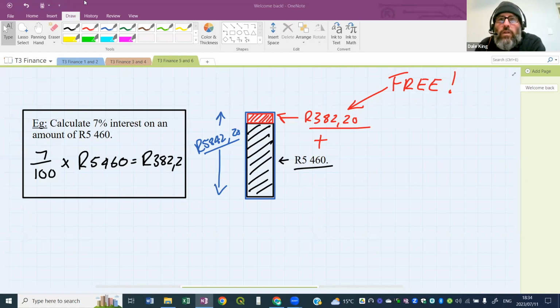Thank you, Tando. Is there anyone else that wants to talk about this free money? What do you think about it? Why don't we do this more often? Tando's given us a reason. He says, sir, we have needs. That 5,460 Rand needs to be used somewhere on the house.